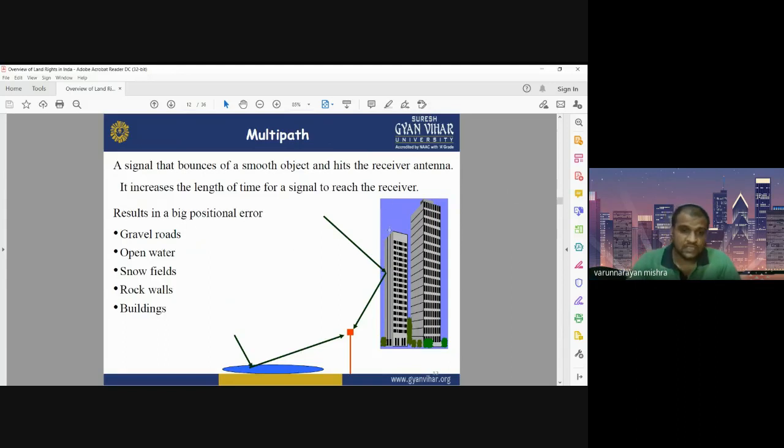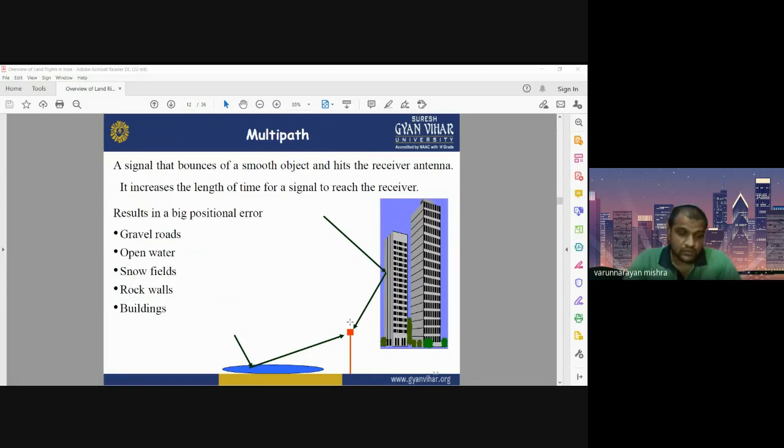Here in this figure you can see the GPS signal coming from the satellite first interacts with the tall building, then it is redirected to the GPS receiver. So it will increase the travel time, and you will not get the accurate positioning. There will be time delay, and because of the delay in the time, your precision, your accuracy will be affected. So always avoid collecting the coordinates near to any tall building, any tall wall rock, or any tall tree.